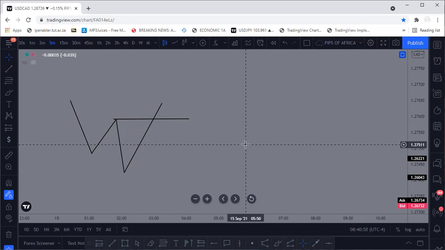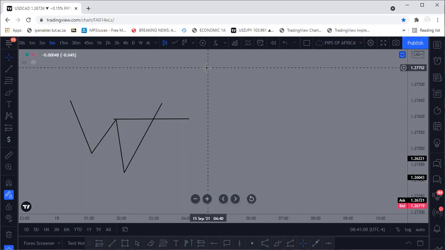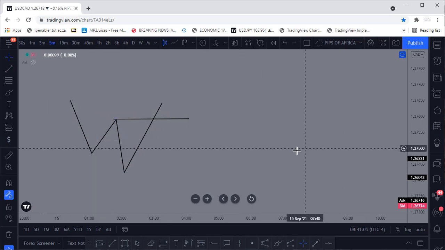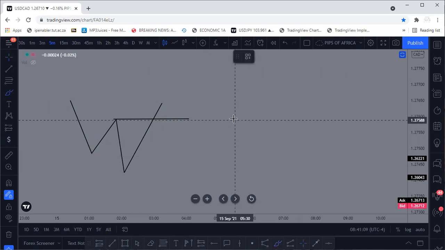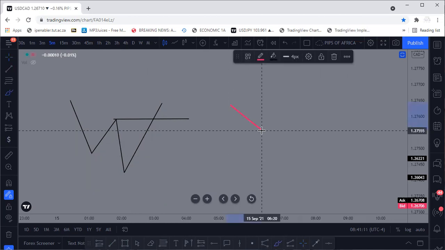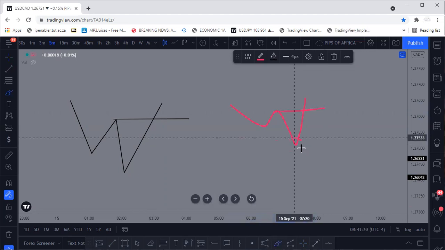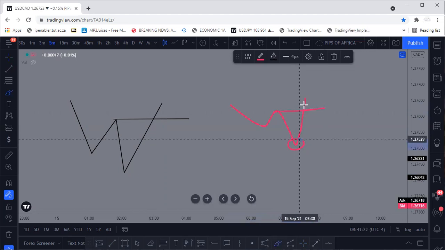You already know that before the price tries to push to the upside, it has to grab liquidity. Let me show you this. This is the structure. Going down, going up, going down, going up, breaking this high here. Now, here we have to see an order block. If this is a true break of market structure, if there's no order block, at least liquidity must have been taken out,